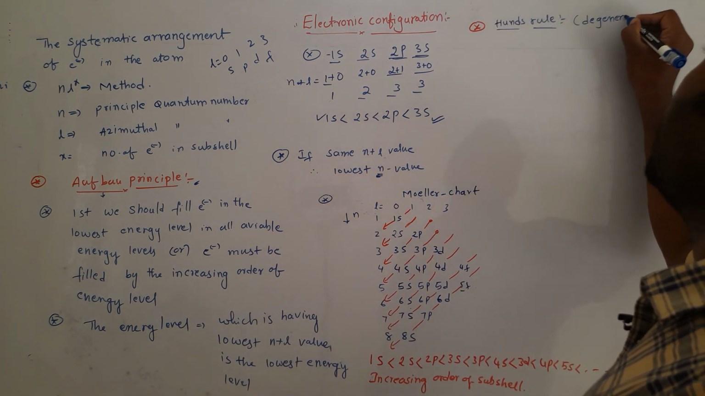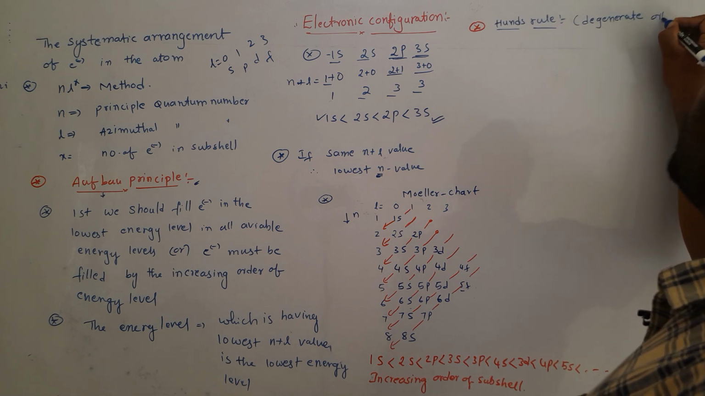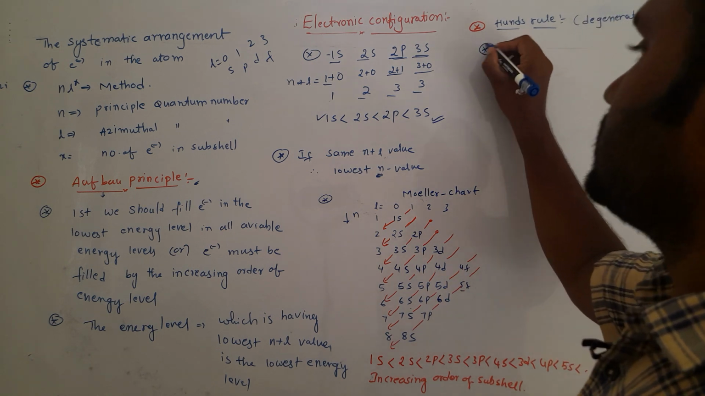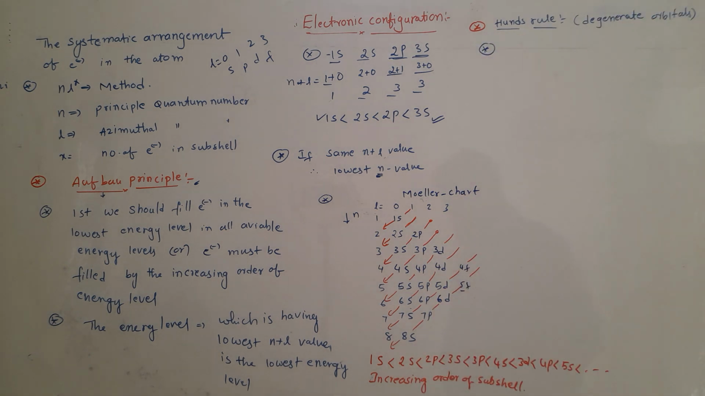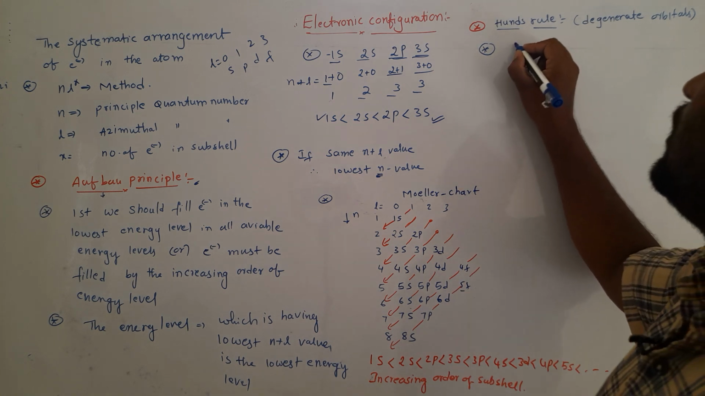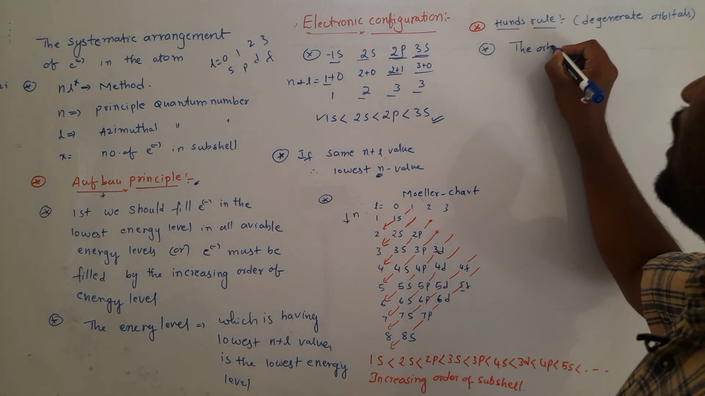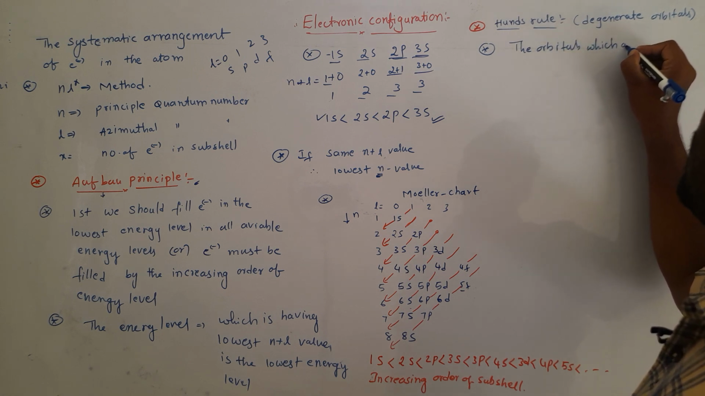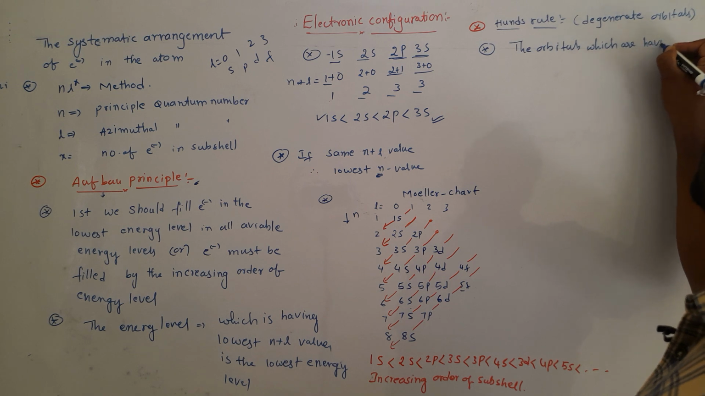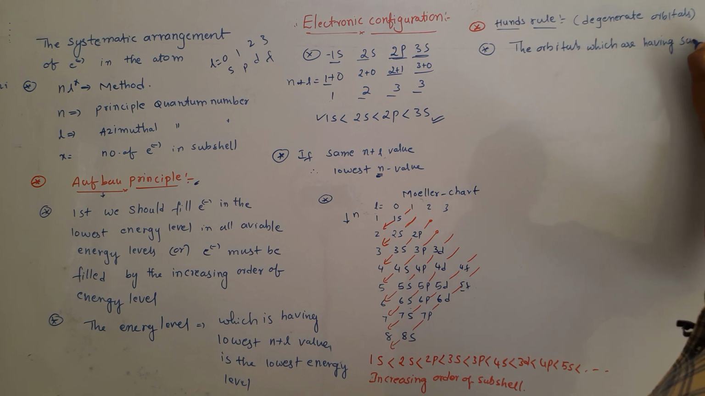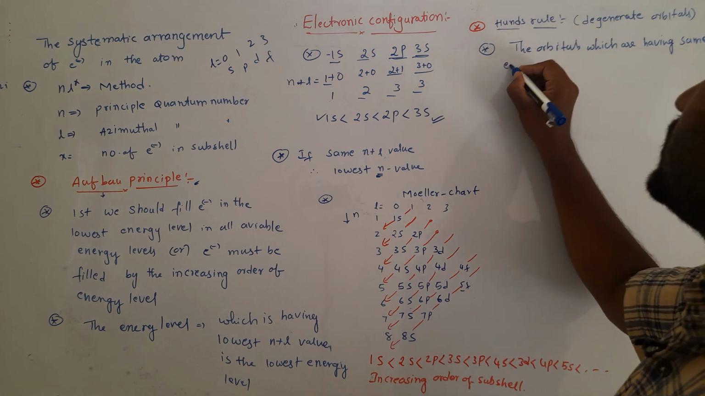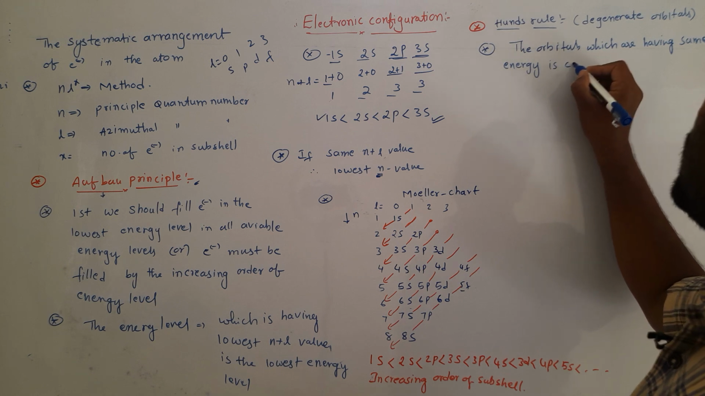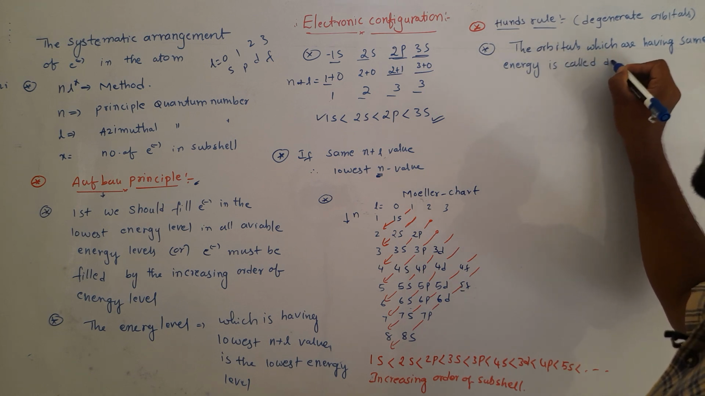degenerate orbitals. So what do degenerate orbitals mean here, children? Degenerate orbitals means the orbitals which are having the same energy. The orbitals which are having same energy is called degenerate